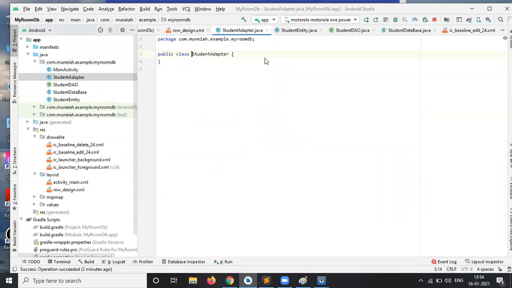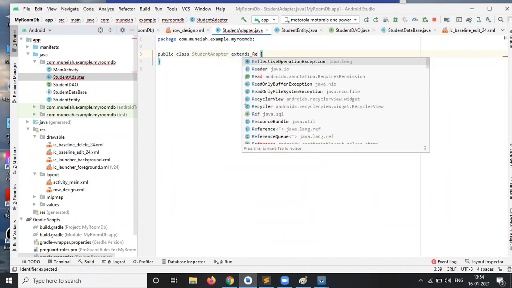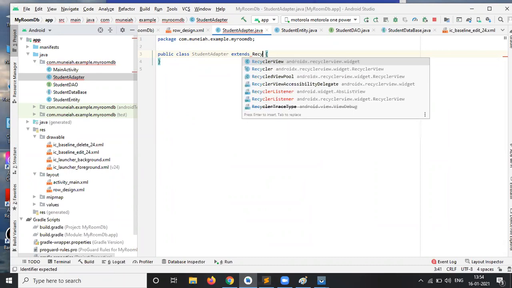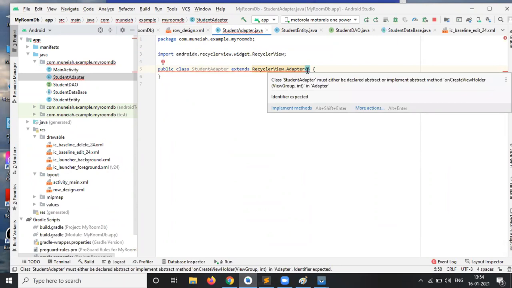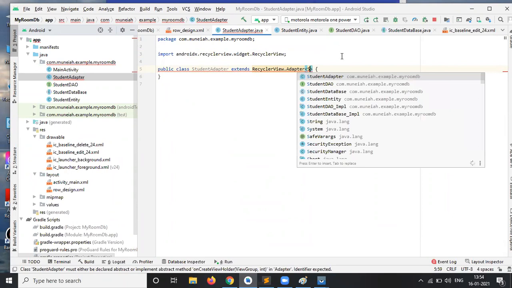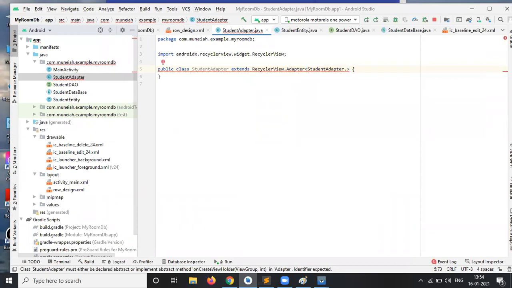Okay, student adapter. This student adapter class should extend RecyclerView.Adapter. Already you know the recycler view concept very well. Within the generic type, the less than and greater than symbols, I'm passing the class name itself, StudentAdapter, dot ViewHolder.